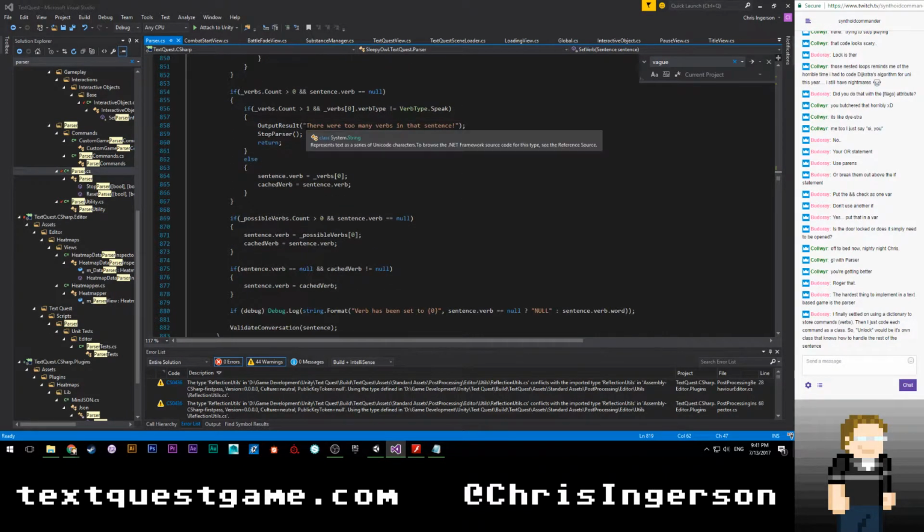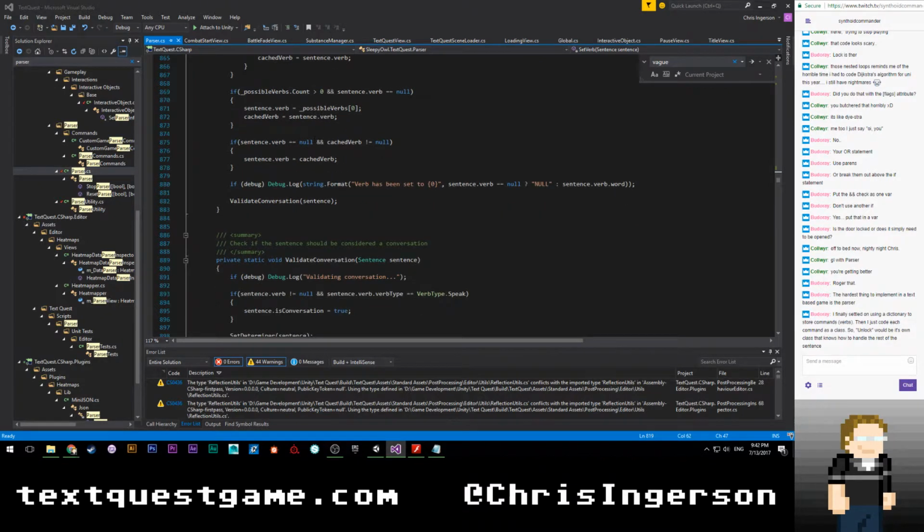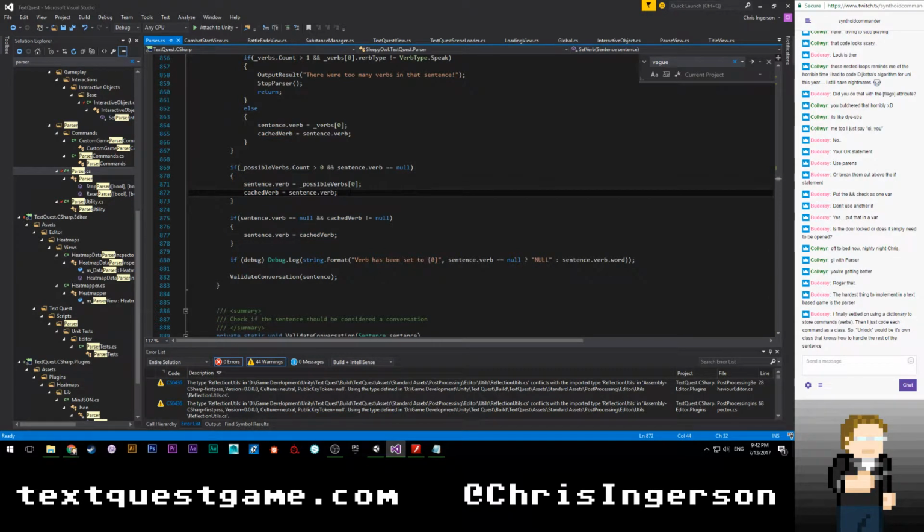If sentence verb is equal to null and cache verb is not equal to null, then we're going to do that. So I think what I need to do here is, if we set the verb, then I need to set indirect object only to be false. That way we don't use the next noun as the indirect object.